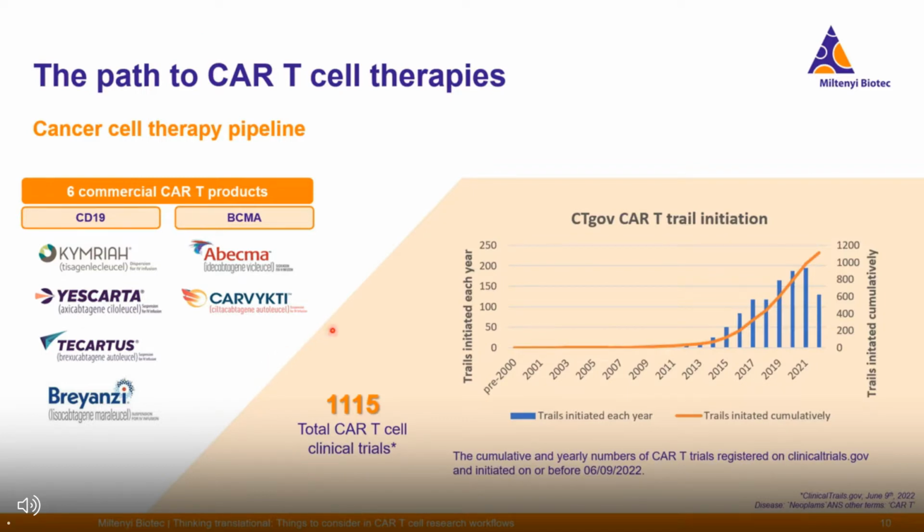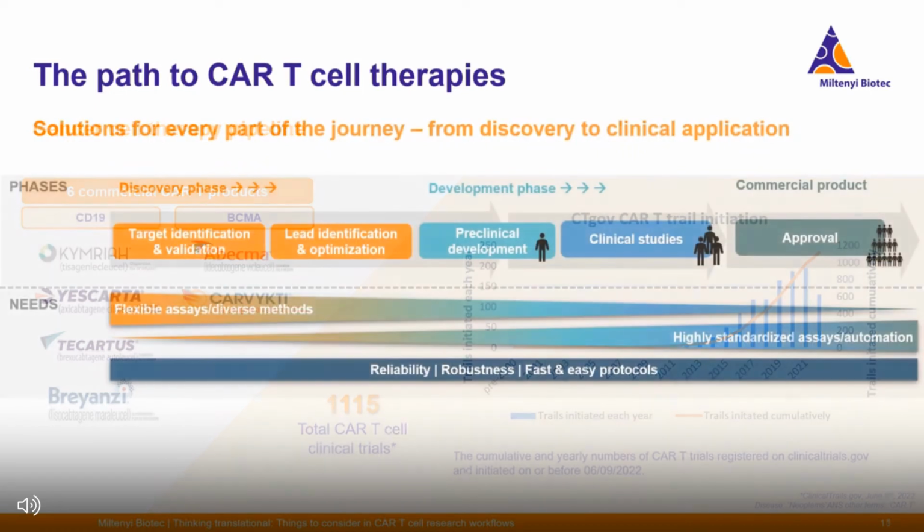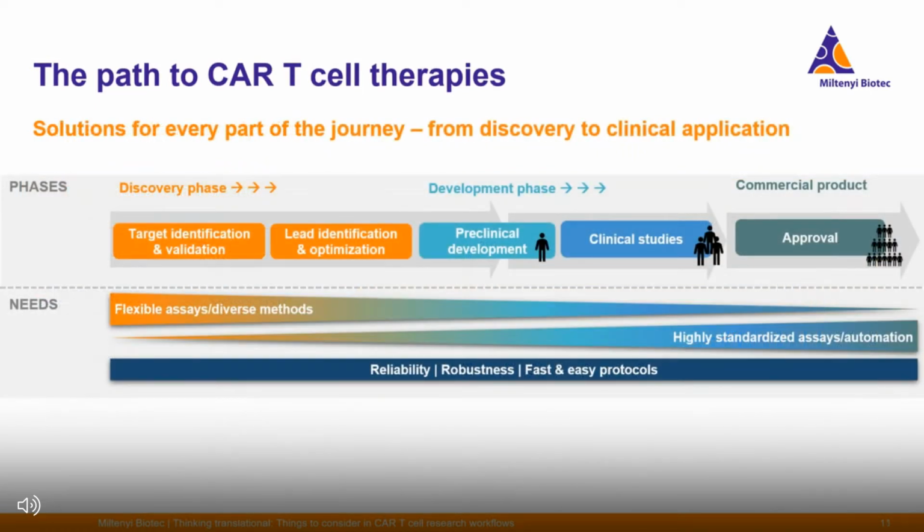By today, a total of 1,115 clinical trials are initiated, and the numbers are rapidly increasing, as shown by this graph here on the right-hand side. The drugs are currently tested in clinical studies worldwide, underwent the depicted path, and have had a need for phase-specific solutions, and for solutions that enable a transition from one phase